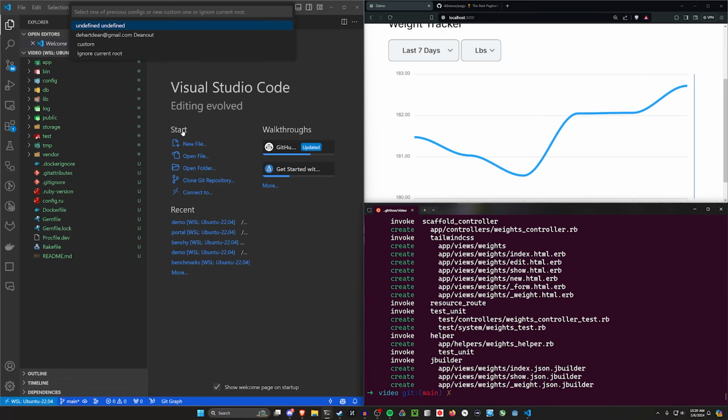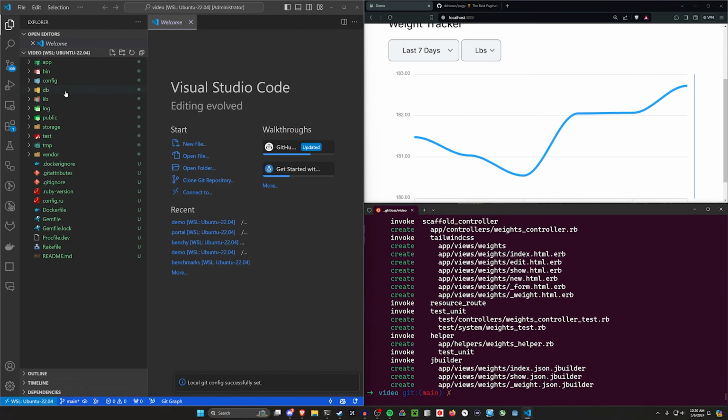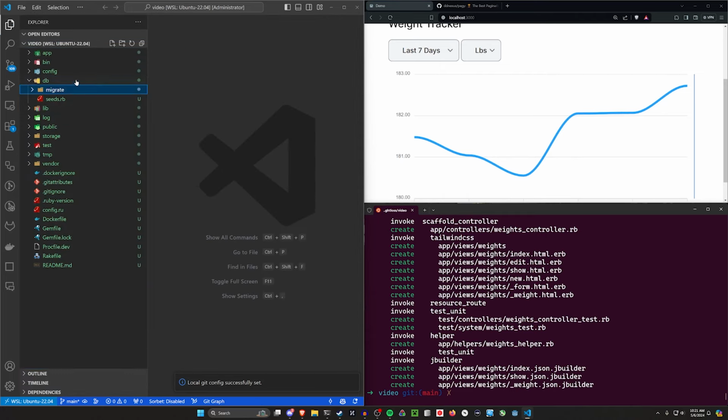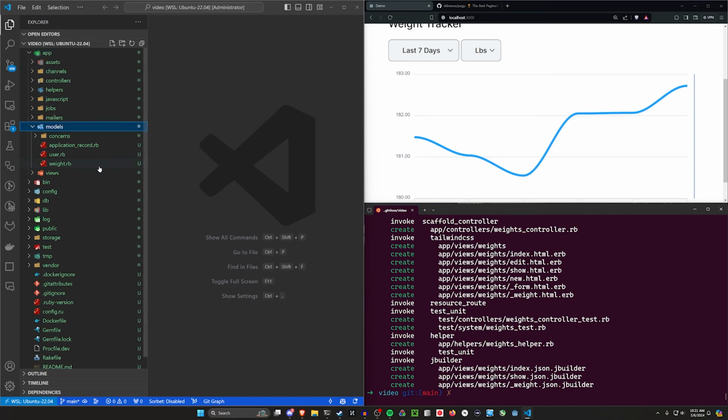Now, before we run our database migration, let me make sure I set my GitHub stuff. We need to come into our db, our migrate, and the weights migration because the unit here needs to have a default of kg, just because I want to store it all as kilograms. So we'll do that. And then we can come up here to the app, the models, and the weight,